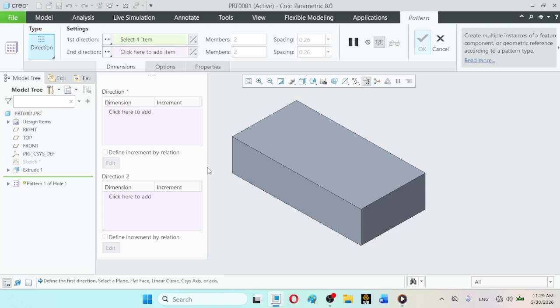One is, for example, I am selecting this edge. This edge is along the length direction. So by selecting this edge, the direction will be automatically selected, and as we can observe, the direction is in this direction.